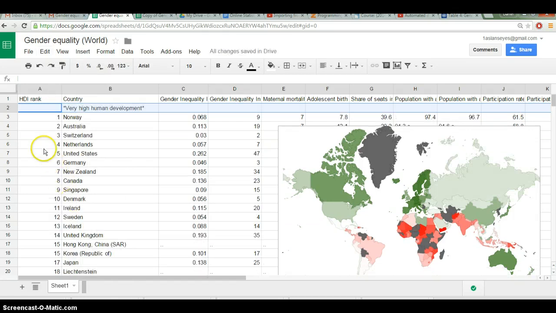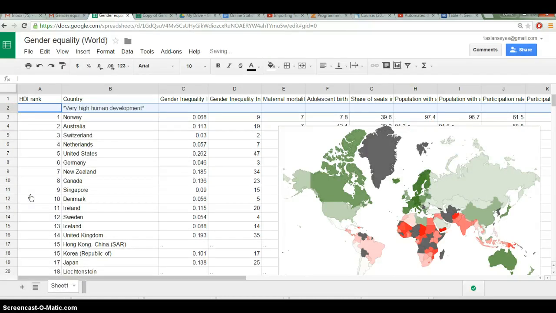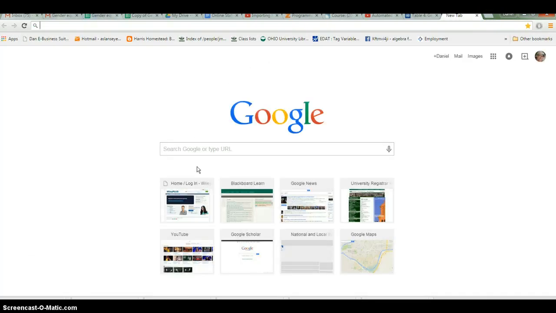I'm like, what? So I right click on it, let's try it this way, and we'll go delete row. It goes away and comes back. And I was like, what's going on here? It's like there's this evil twin on the other side of the computer screen undoing everything I do. So what I would do in this situation is I'd open up a new tab, and I'm going to search for